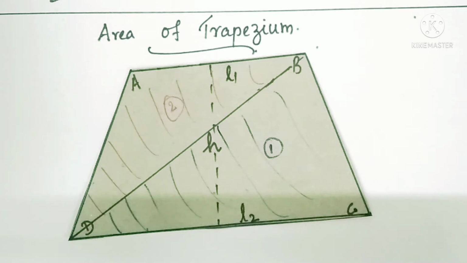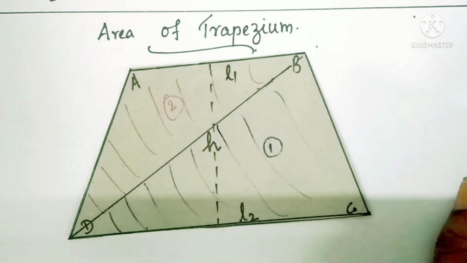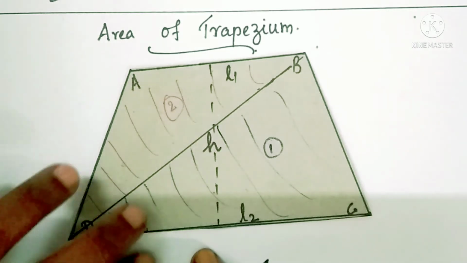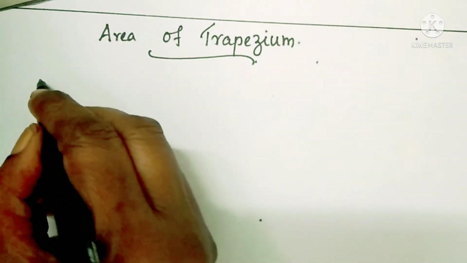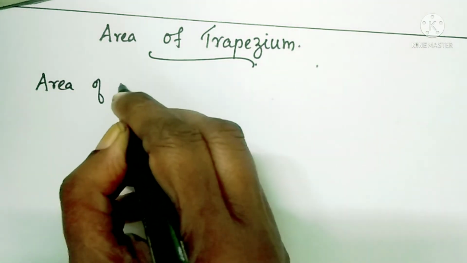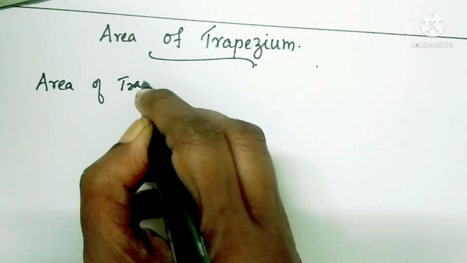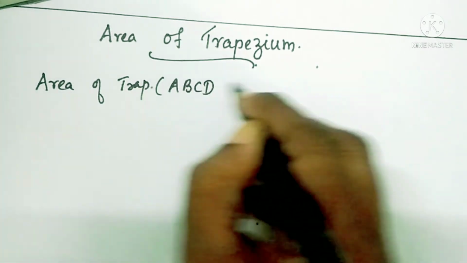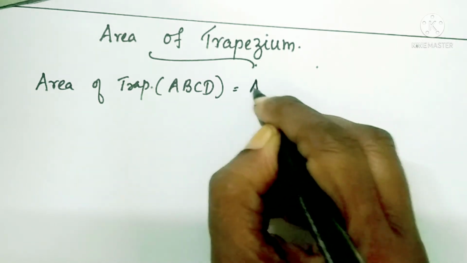So area of trapezium will be equal to area of triangle 1 plus area of triangle 2. So let us write that first. What is area of trapezium? Area of trapezium ABCD is equal to area of